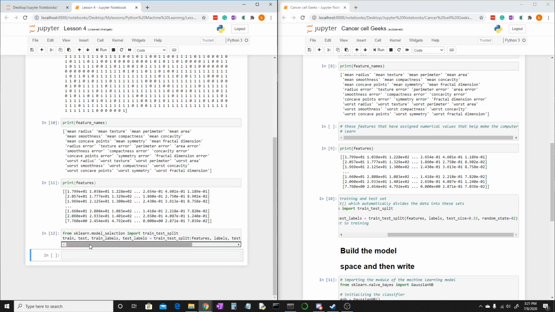Shift enter. So we imported the function we needed, train_test_split, and we now have